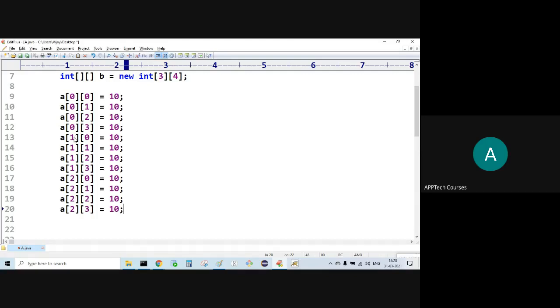Sit down. 0, 1, 2. Right? 0 row, 1 row, second row.